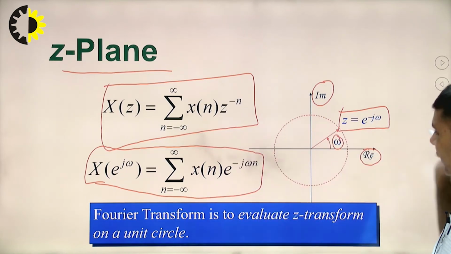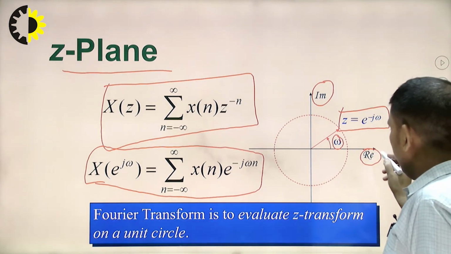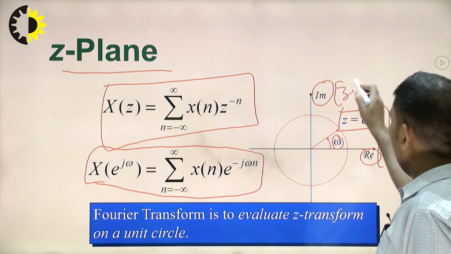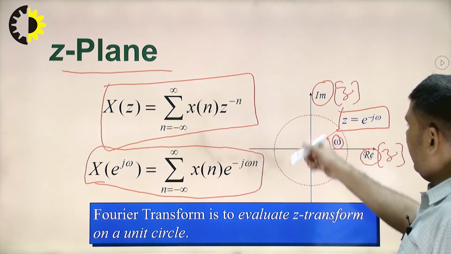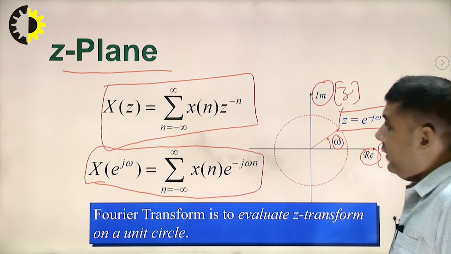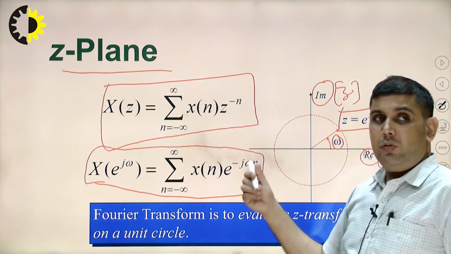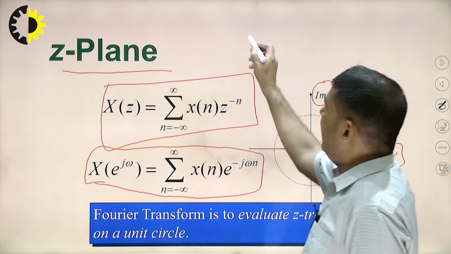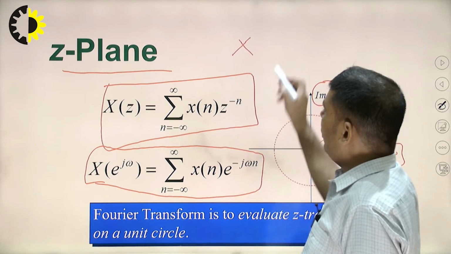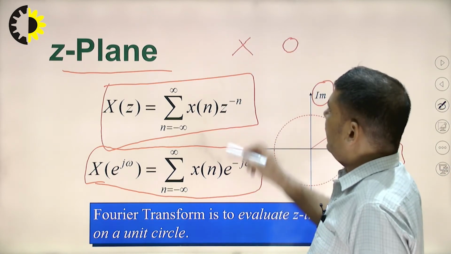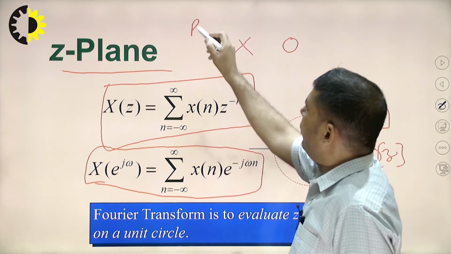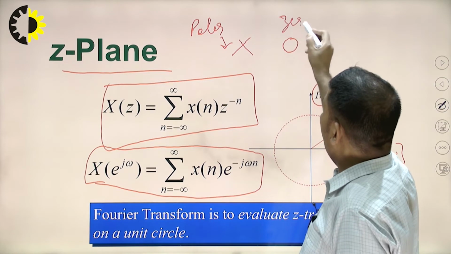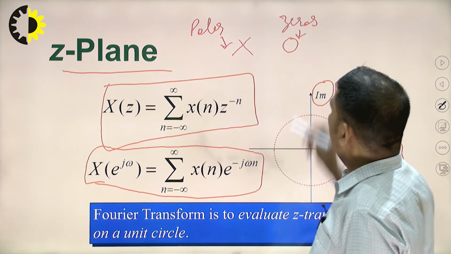So this is Z plane, real part of Z if it is Z transform, and here we have imaginary part of Z here, and in this Z plane we can easily define poles and zeros, which we will see in the coming slides. Poles are generally represented by small cross and zeros are represented by circles. So this is the symbol for poles and this is the symbol for zeros. Okay.